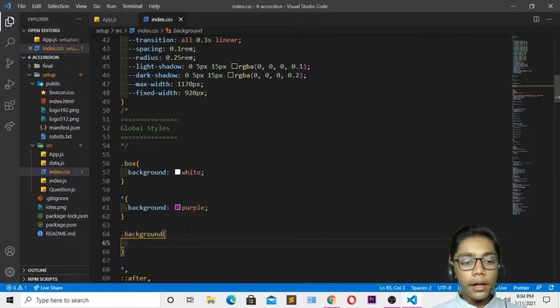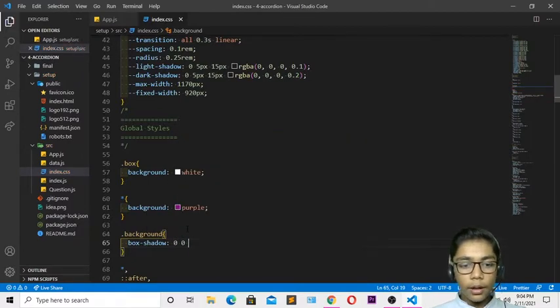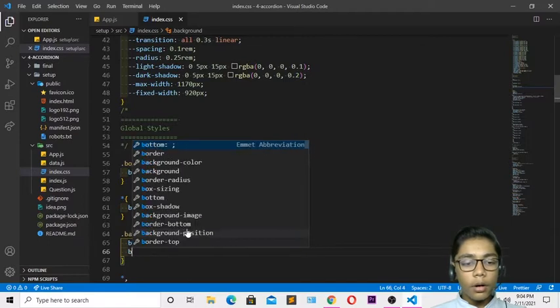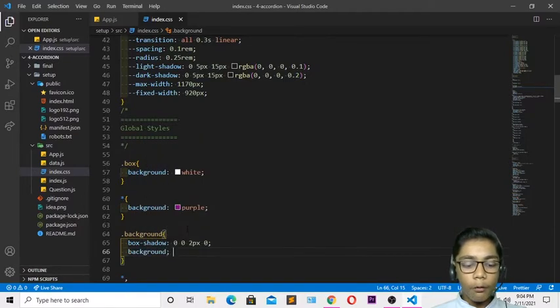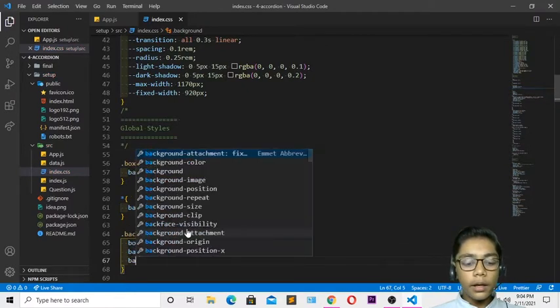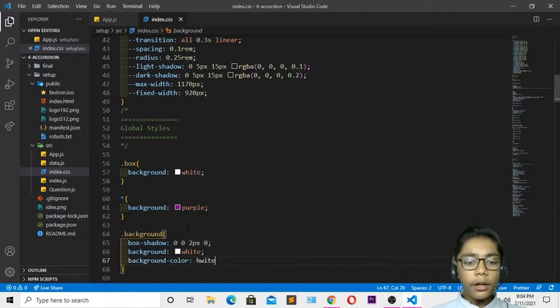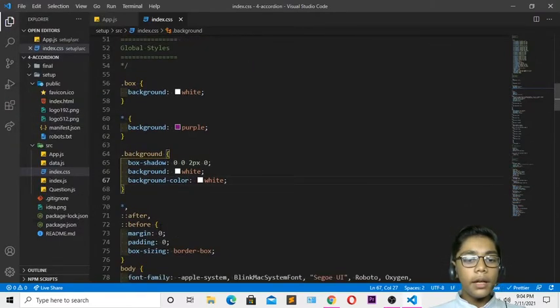So I will be writing box shadow first of all. I'll be writing a box shadow of 0 0 and 2 pixel, because like I've told you, I don't need any dark box shadow in that. And I'll be giving the background of white also, like previously I've given. And I will be writing this semicolon over here. Then come over here, and right over here background color also should be white. So I'll be defining that. Now when you've done that, close that and now write white over here. You have to hit save again, and we have done all these things.